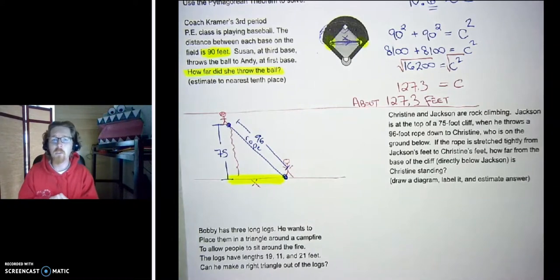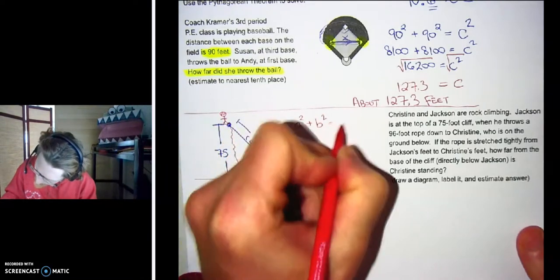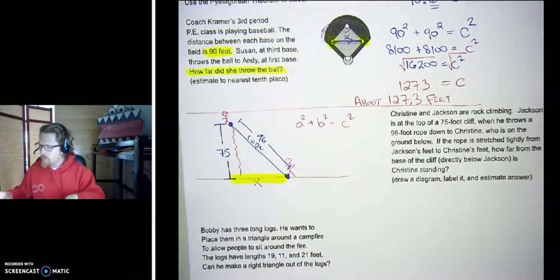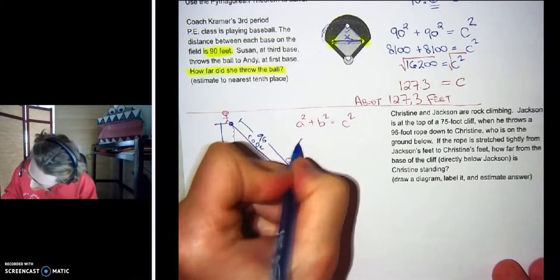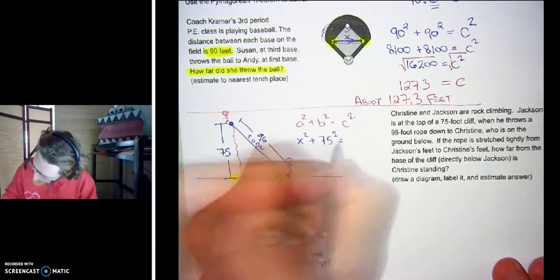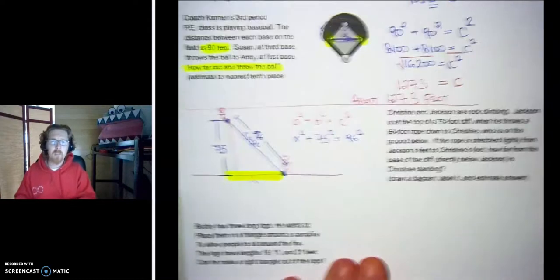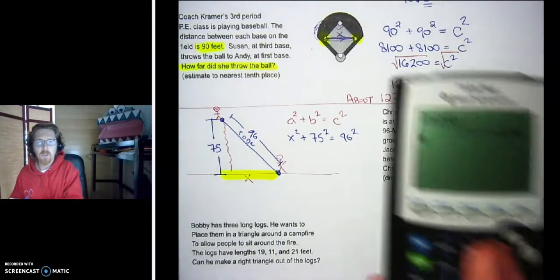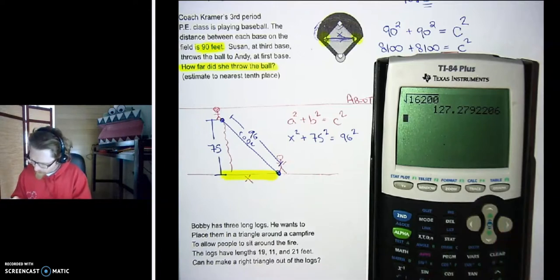So we can still use the Pythagorean theorem here. The Pythagorean theorem is leg squared plus leg squared equals hypotenuse squared. But in this case, we're missing one of the legs. So I can say that x squared plus 75 squared is equal to 96 squared. And again, because these numbers are pretty large, we're just going to jump to our calculator to work this out for us. I know that 75 squared is